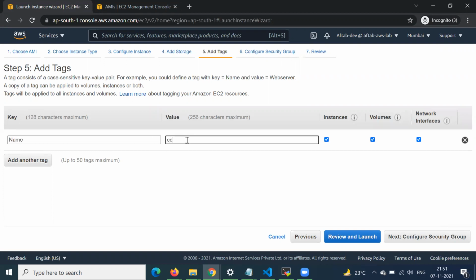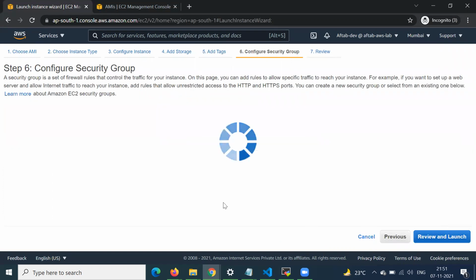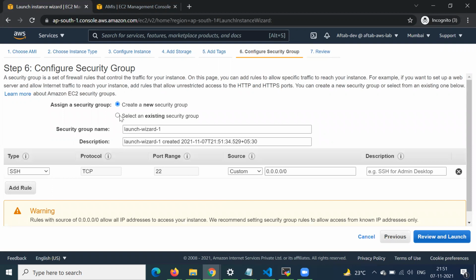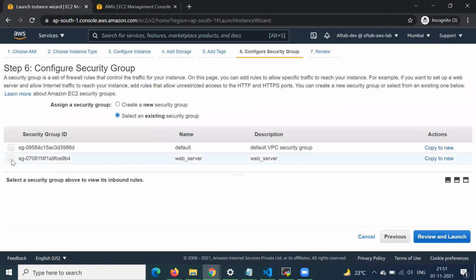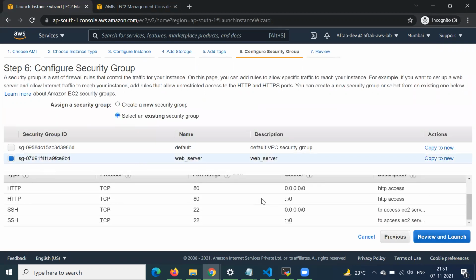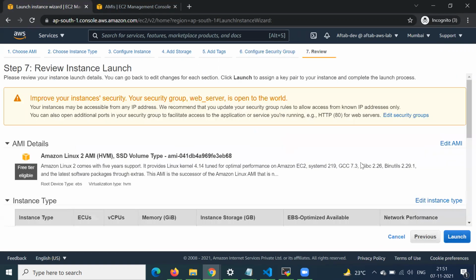We can put server one. For the security group configuration, we can select an existing security group, right? Because we are installing an Apache server, SSH and HTTP should be enabled on this, right? Review and launch.